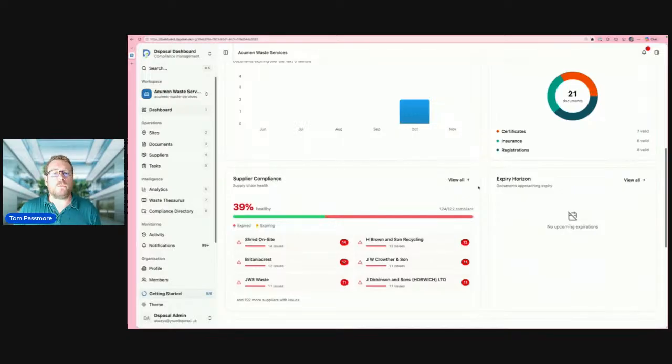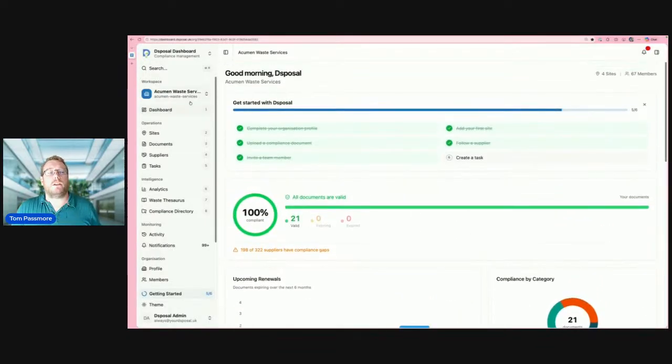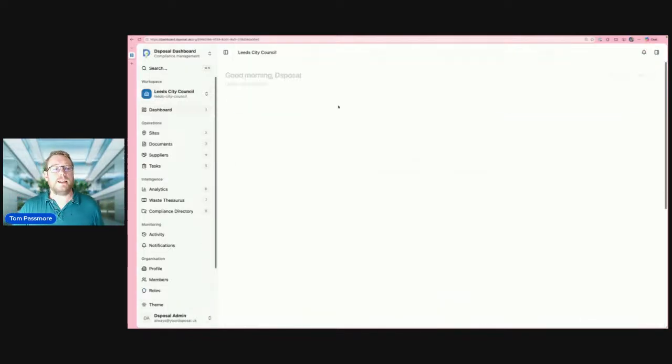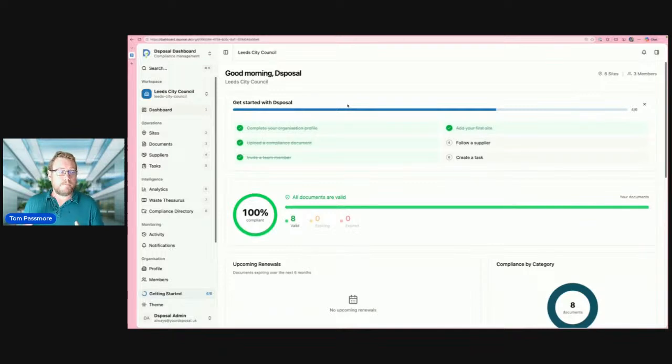And then one other aspect of this is local authorities. So again, we have Leeds City Council. As a user, I can switch between different local authorities, and I can go into Leeds City Council. So from there,